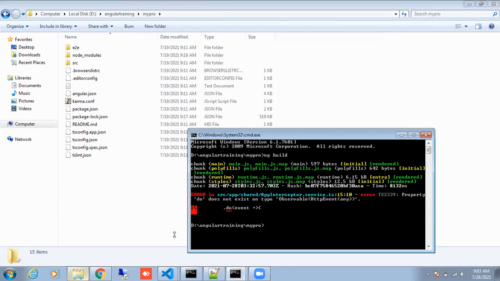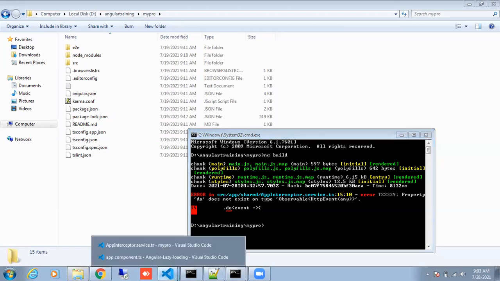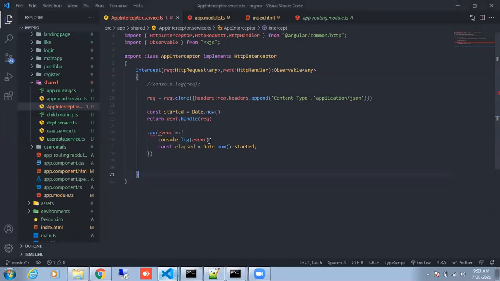Comment that do thing out. Just in the interceptor what you wrote, remove the do part and all.